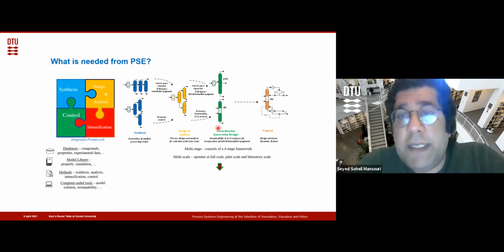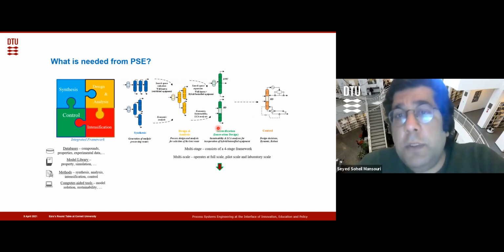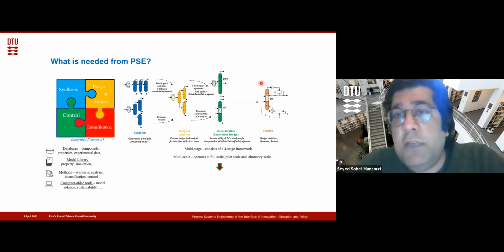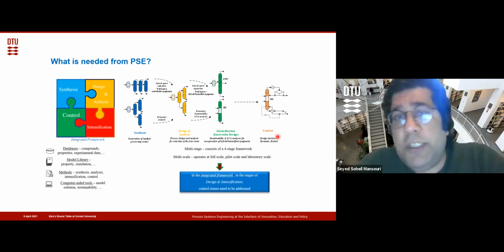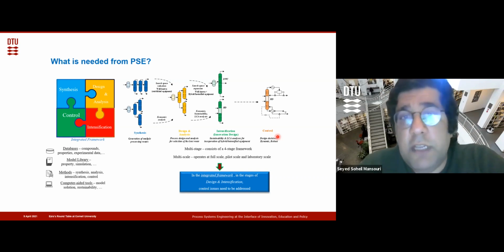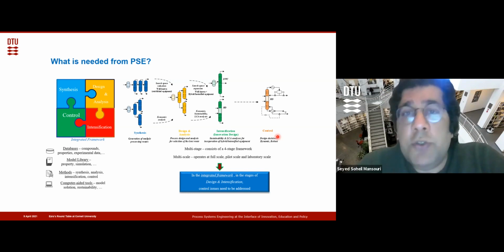And then one way to tackle their bottlenecks, to turn them into more sustainable and profitable production systems, is process intensification. And eventually we need to come up with strategies on how we can control and operate these processes. So what we need in process systems engineering is an integrated framework that can encompass different levels of aggregation, different levels of complexity, and the size of problems, so we can start all the way from a mean and arrive